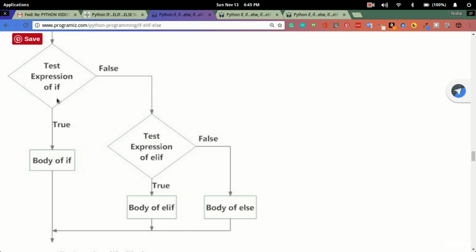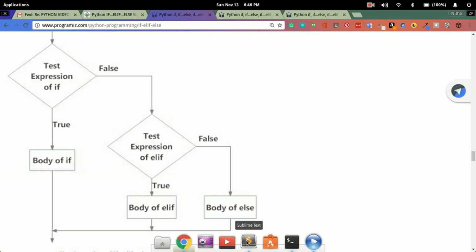If it is not true, then the test expression of elif is evaluated and checked for whether it is true or false. And if it is true, the body of elif gets executed, and if not, the body of else gets executed. And it will be more clear when we do a program. So let's go to the